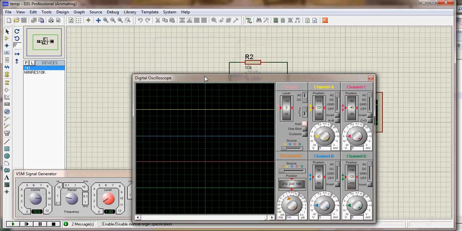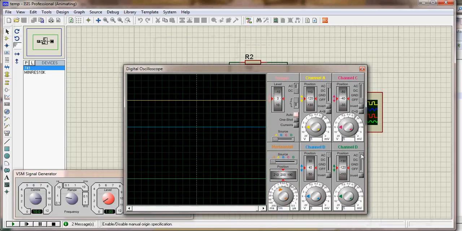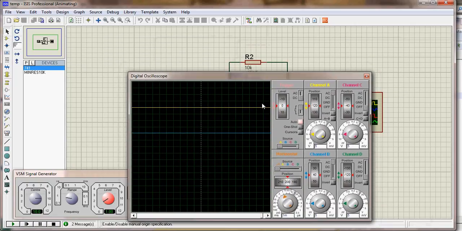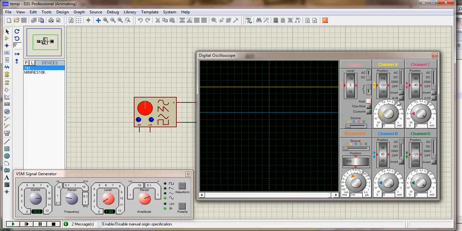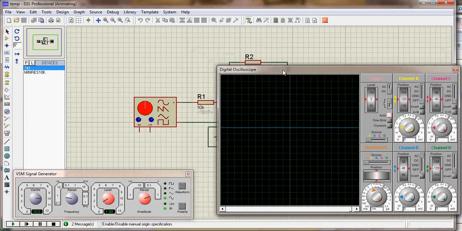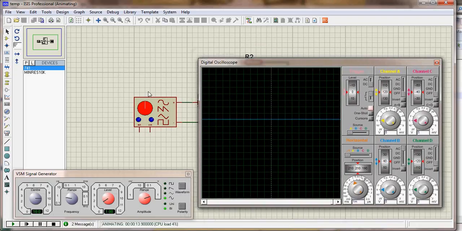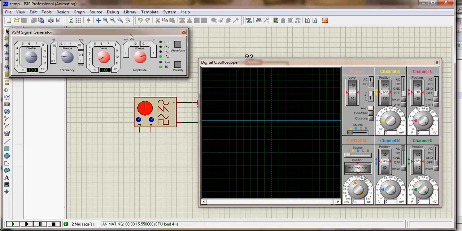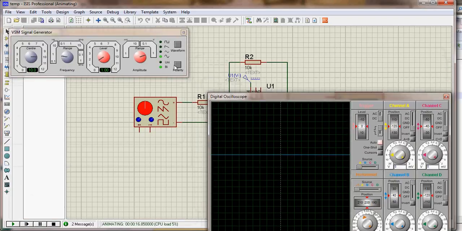We are using B channel only, so turn off other channels. A channel will also be used, we can turn it off also. So this is the B channel of CRO and this is the input signal which we are applying. So we had applied a sinusoidal signal as an input of 1 volt